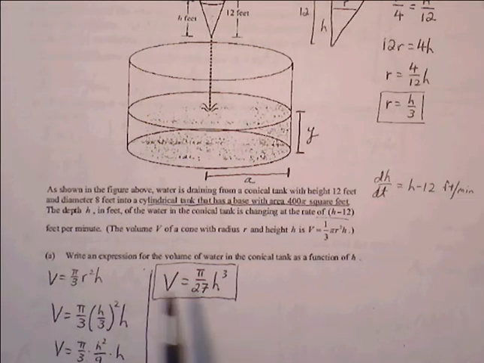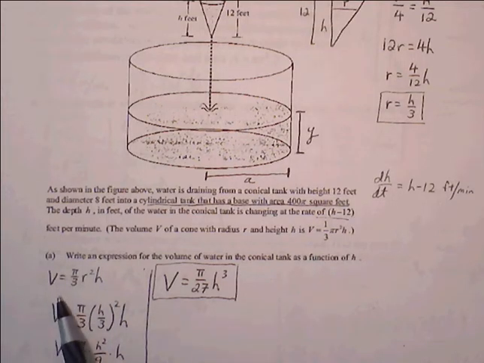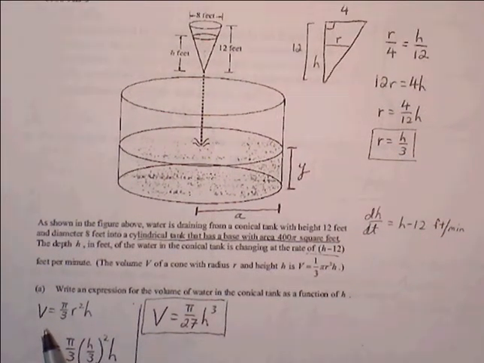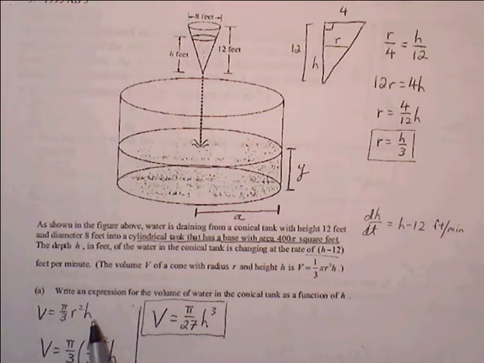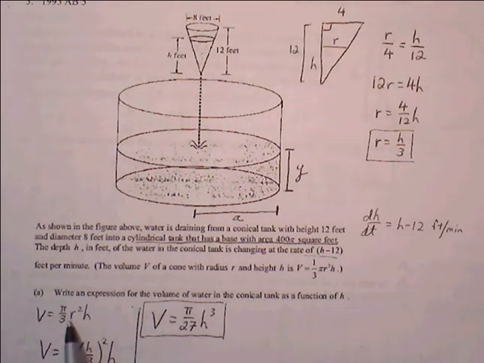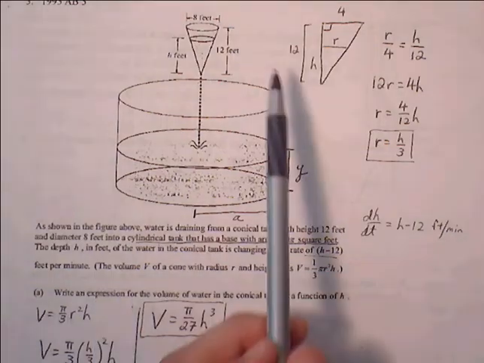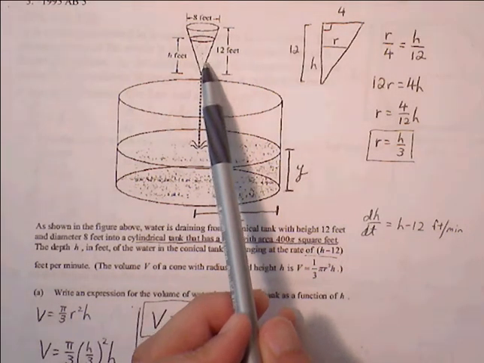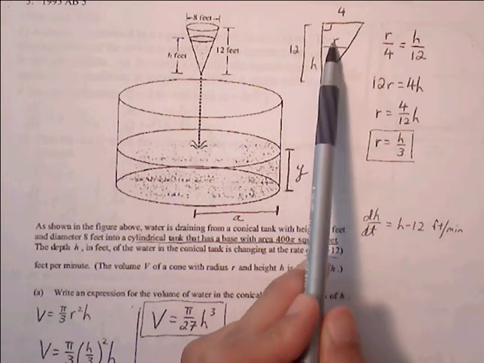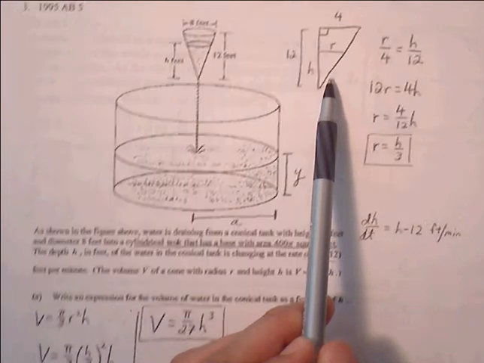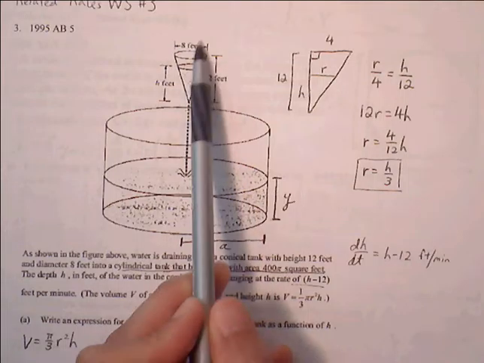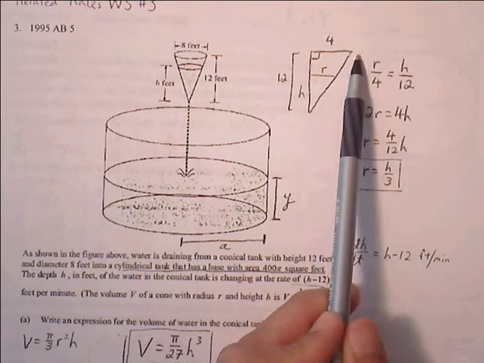So part A, write an expression for the volume of water in the conical tank as a function of h. So we start off with our volume equation. Our volume is pi over 3 r squared h, but we want to be able to write this as a function of h. So we want to basically replace r in terms of h. When we deal with cones, we can always relate radius and height using similar triangles. So if we cut this in half and just look at a two-dimensional figure, we can create